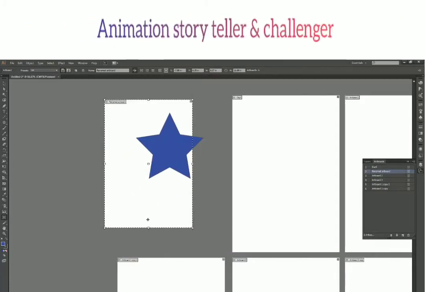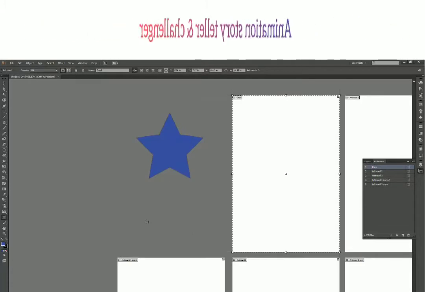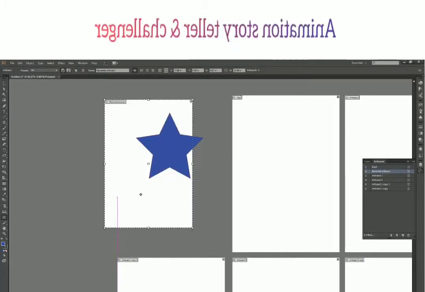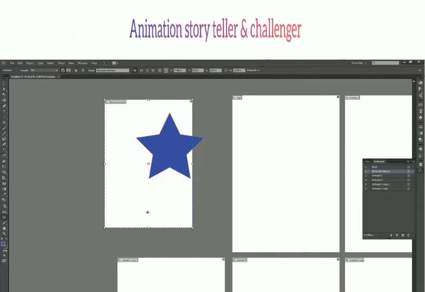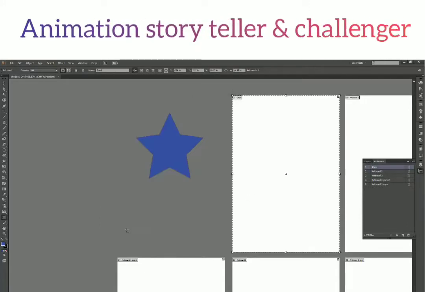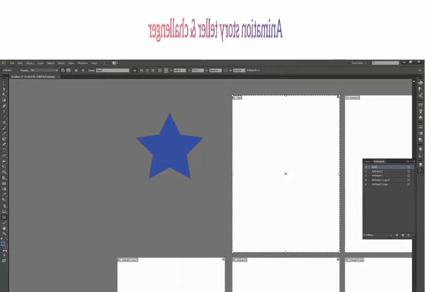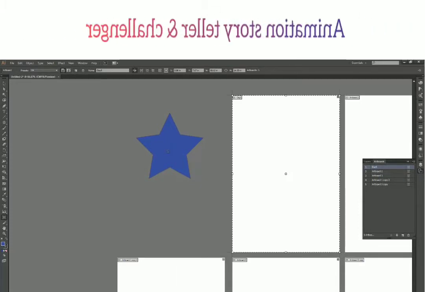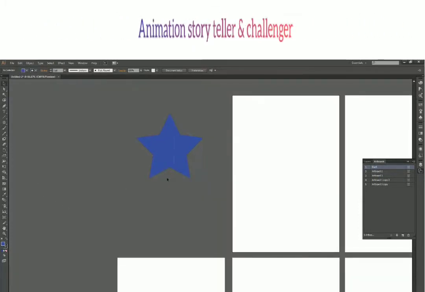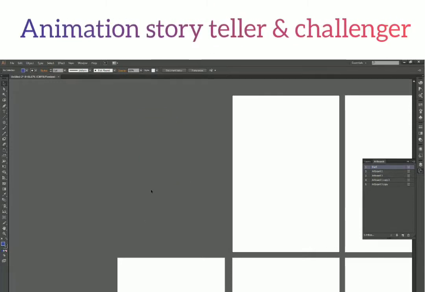Okay, so let me just delete this artboard. Oh, I haven't covered this option. To delete an artboard, you can just select the artboard and press delete on your keyboard also. That will also work. But again, it will leave all the stuff you have drawn on that artboard. So that stuff you have to delete manually.